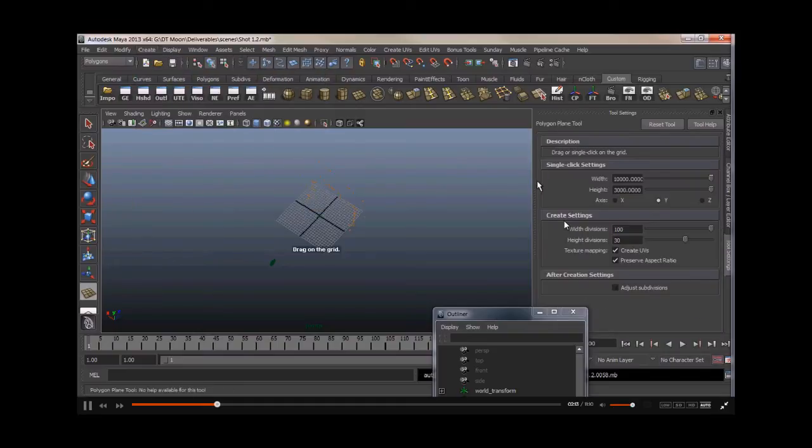Now, there's some funny settings that you need to be aware of inside of Maya, and the first is the actual scale of your geometry. I found that if you create a really small piece of geometry and scale it up, the displacement doesn't look as good. You can freeze your transformations, but it's just easier to create a